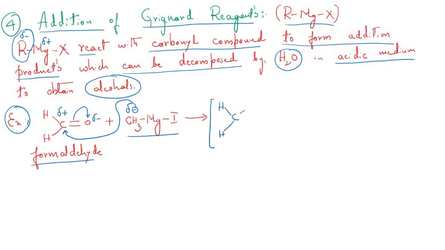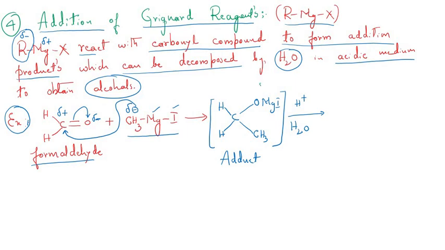H C H single bond O, and to this I have CH3. This O, which now carries a negative charge, is going to attract the magnesium and iodine part. So I can write here OMgI. So this is the addition product, or simply called the adduct. This when subjected to hydrolysis in the presence of H+, that is, water is added,